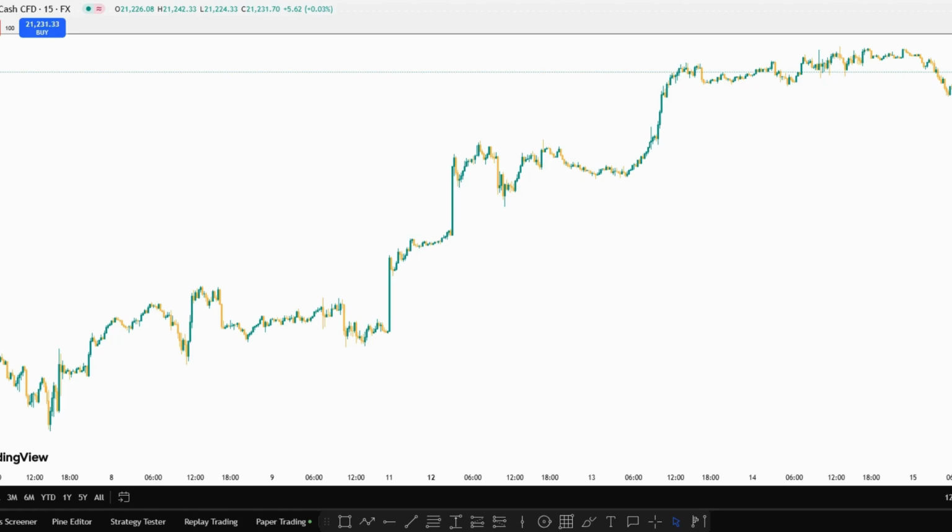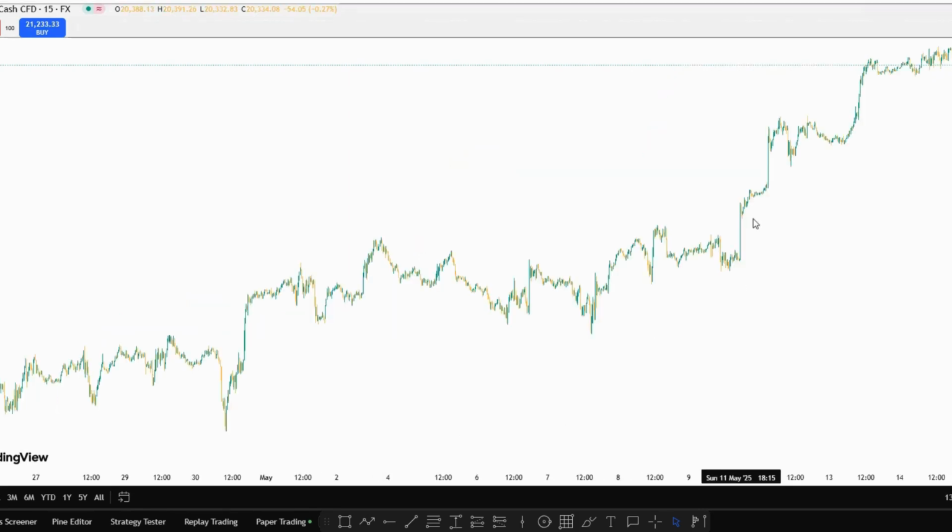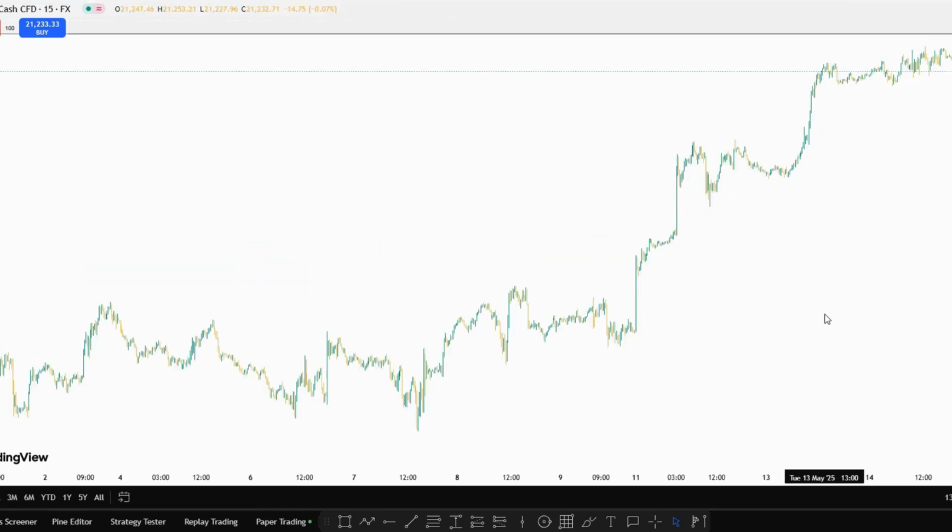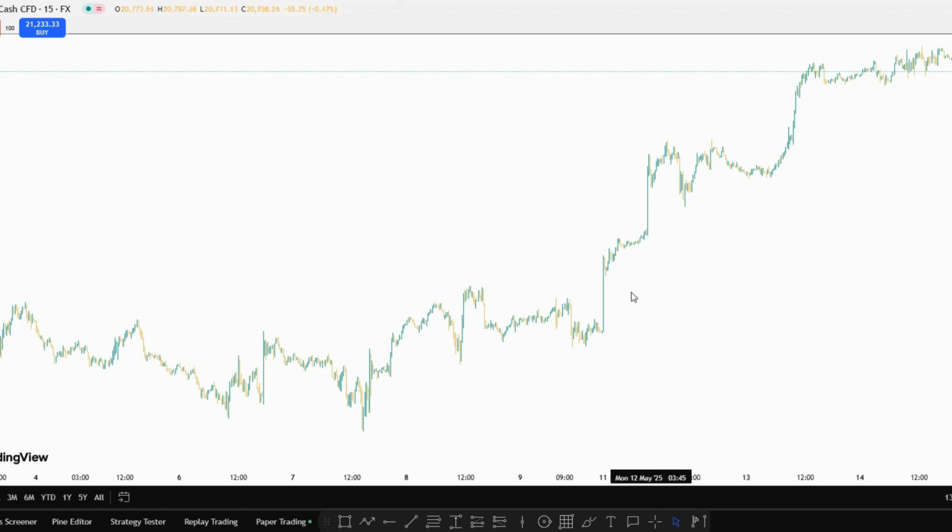Today we're going to be breaking down a trade that I caught on CPI. We're going to go through the entry process and how I caught this trade on CPI. So let's get started. So basically how I went into this price in was we saw that on the Sunday